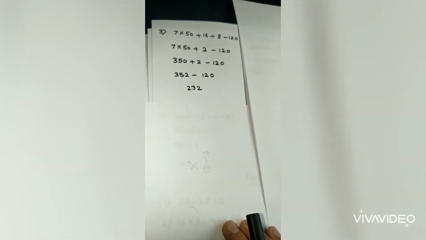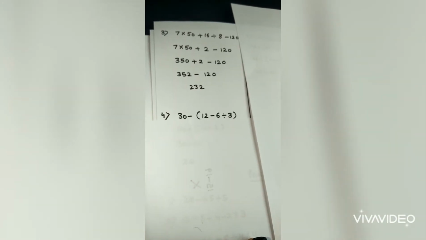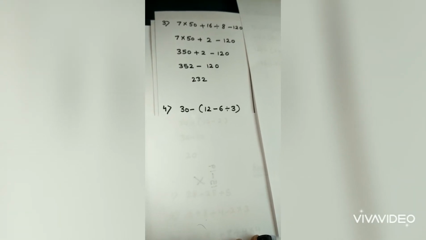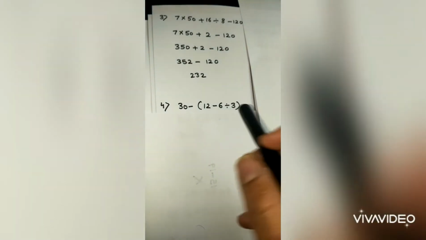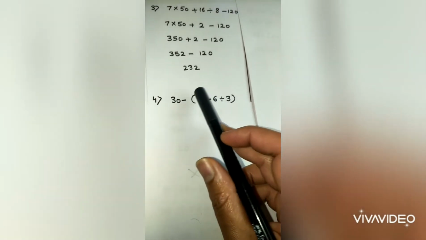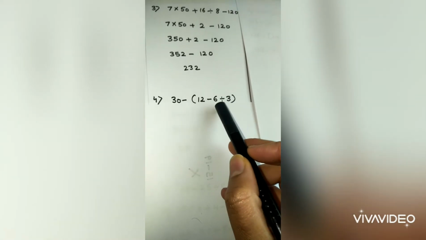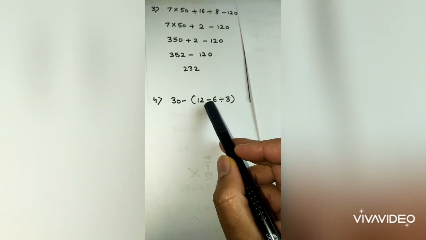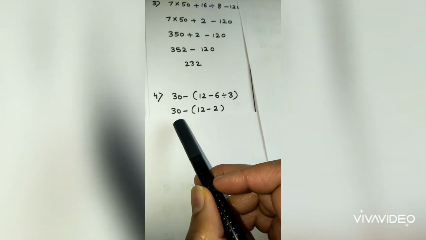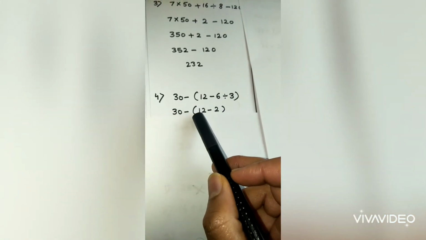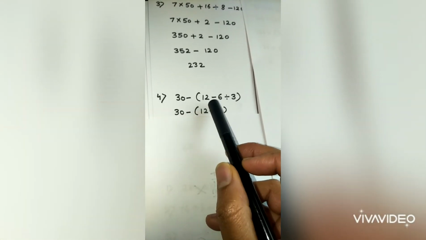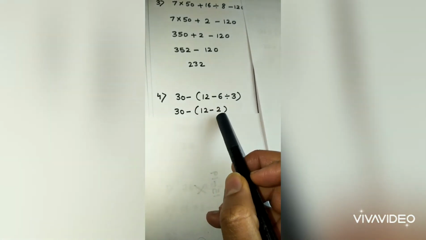Now I would like to introduce some brackets so that you also have a clear understanding of how we will operate brackets. So in this example we have a bracket, and in this bracket we have 2 operations. So we will first solve the bracket, but in this bracket we have division and subtraction, so we will do division first, keeping all other as it is. So what you can see, 30 minus, still in the bracket because we have not solved the bracket completely. We have 12 left minus the answer of this is 2.